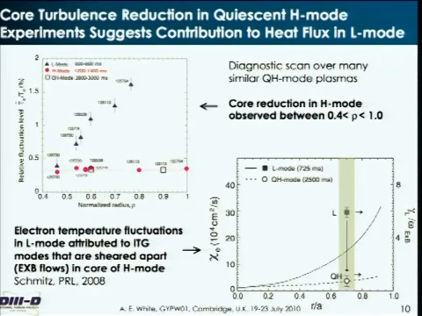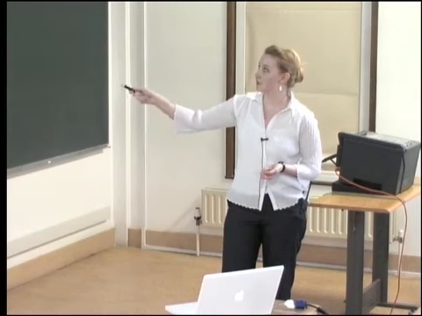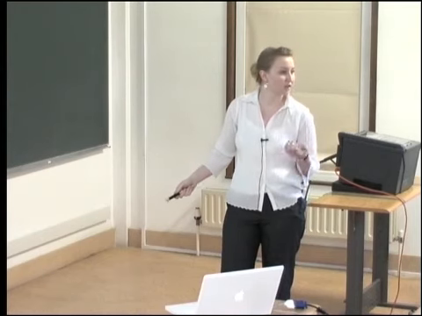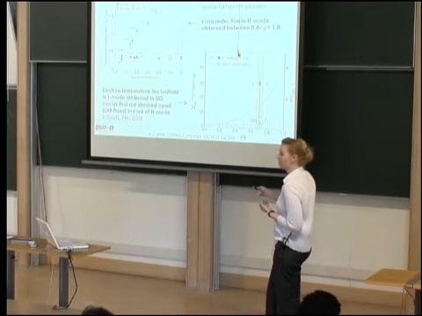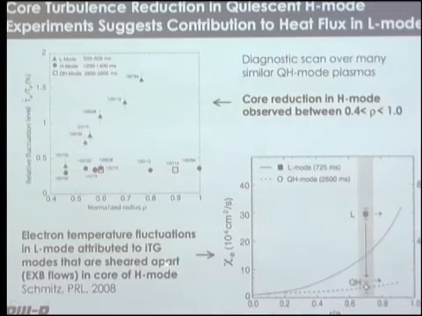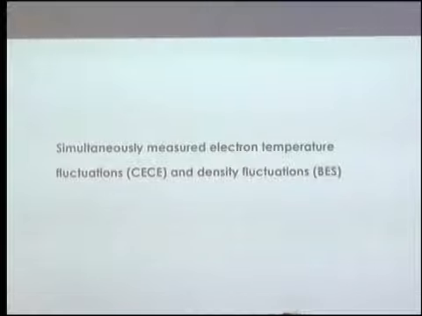And so if you plot the chi-E, the heat diffusivity here, as a function of radius determined from power balance calculations, comparing the solid line in L mode to the dashed line in one of the QH mode cases, you see you have a significant reduction in the transport, and you also tend to have an increase in this ratio of the E cross B shearing rate compared to the linear growth rate of the ITG mode. And so the drop in the electron temperature fluctuations as we go from L mode to H mode could be attributed to ITG modes that are being sheared apart by the E cross B flows in the core of the H mode plasma. So this was already a rather interesting result, that we would have ITG turbulence, which